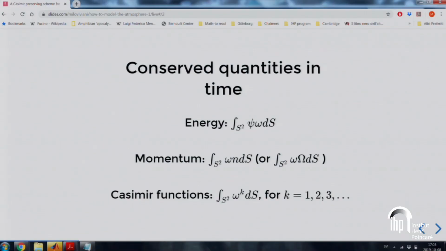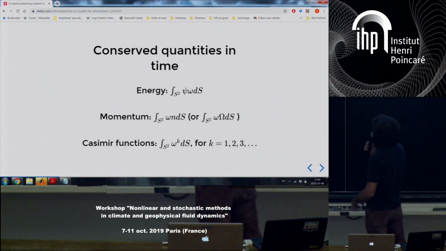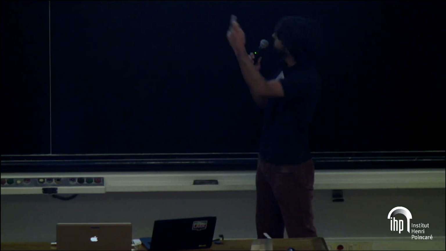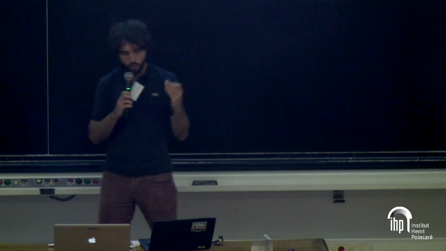And what is the main issue, especially when you deal with numerics of the Euler equations? The main issues are, of course, the conserved quantities, and this encodes most of the geometry of the system, which is a Poisson system. So the main conserved quantities are energy, which is in the first line, the L2 inner product between the stream function and the vorticity. Then the momentum, which has 3 components when the sphere is non-rotating, so are the projection of the vorticity on x, y, and z, whereas it's only 1 component when the sphere is rotating, the one referred to the direction